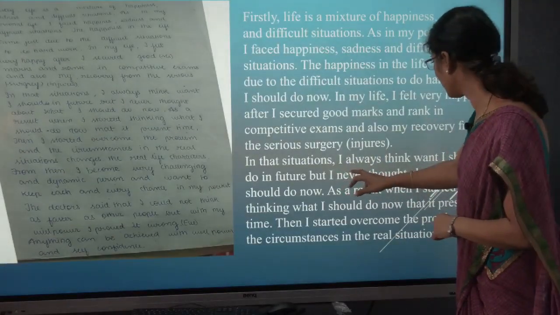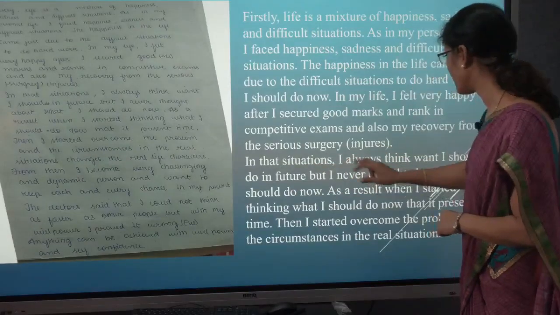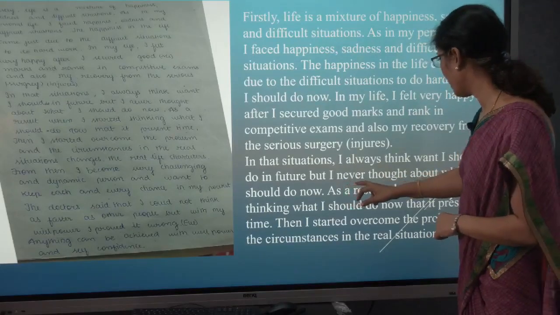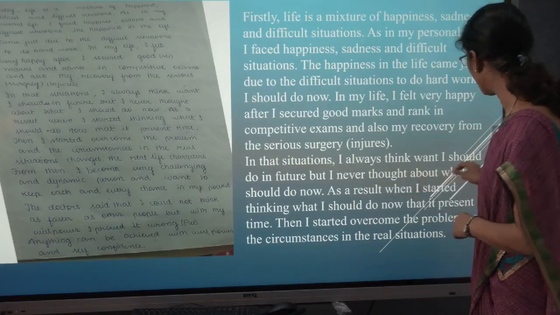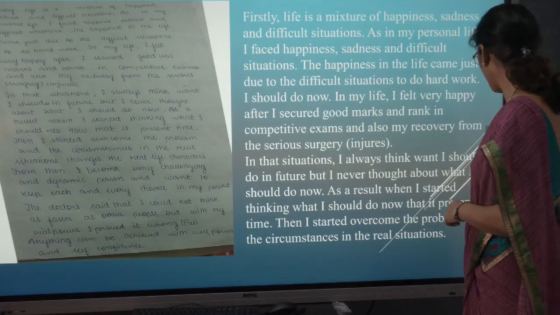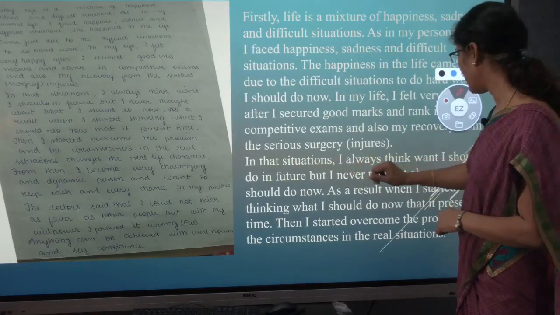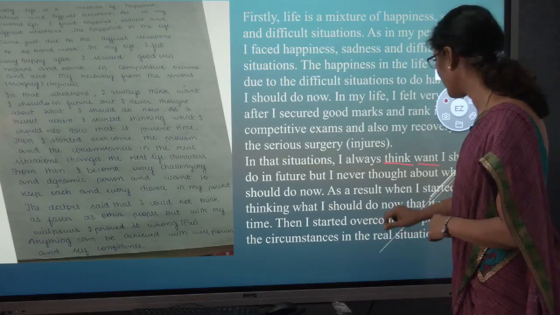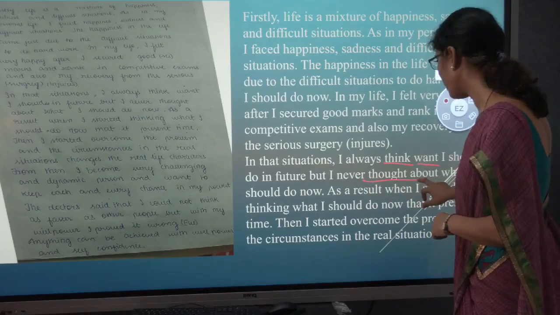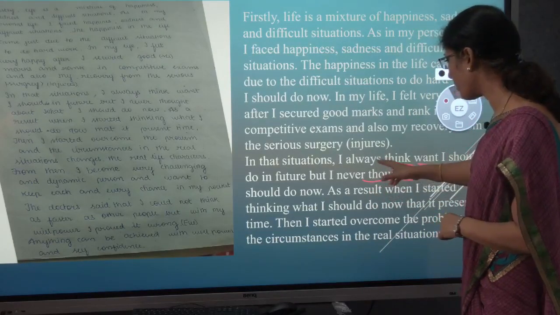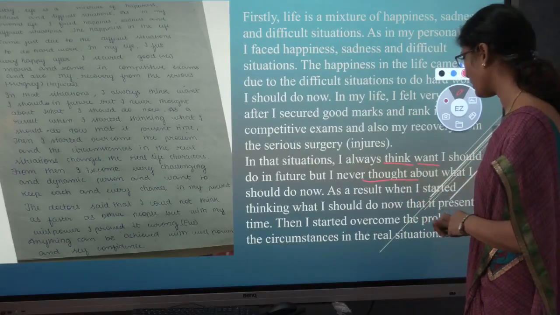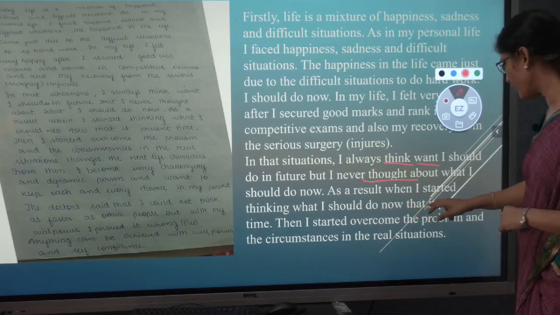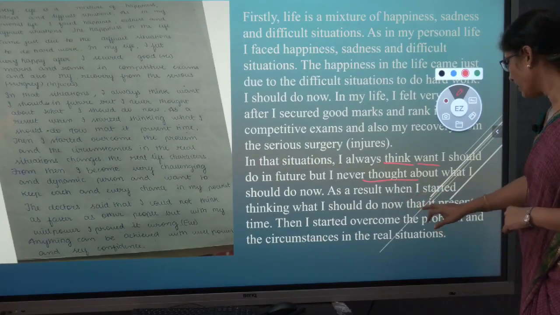In that situations, so he is talking about the past. In that situations, I always think what I should do in future, but I never thought about what I should do now. See that? You can observe the mixture of tenses, present tense and past tense, the lack of clarity. As a result, when I started thinking what I should do now, that at present time,